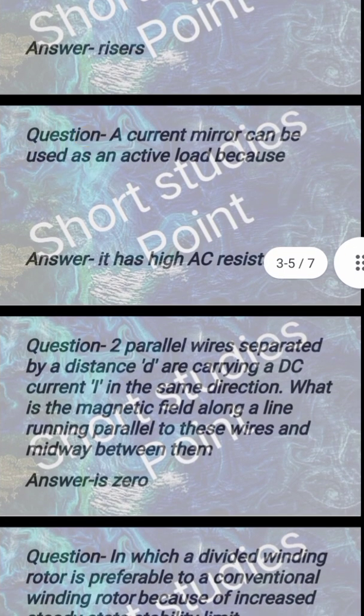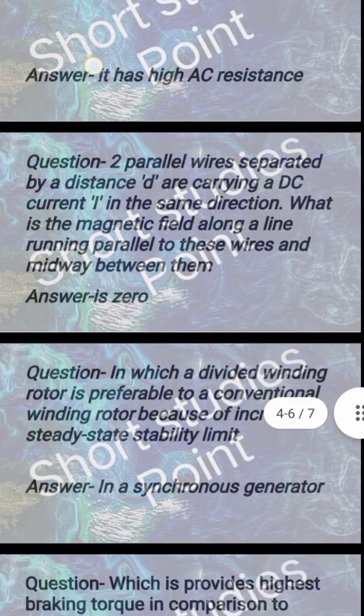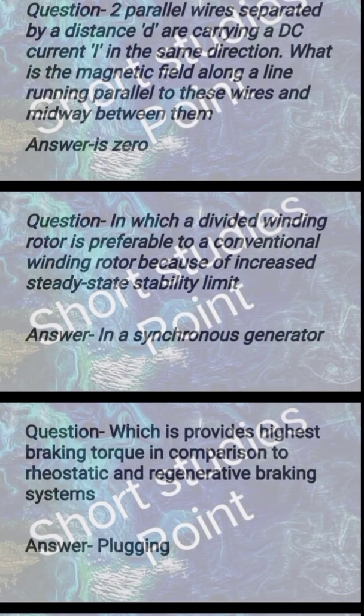Next question: two parallel wires separated by a distance d carry a DC current I in the same direction. What is the magnetic field along a line running parallel to these wires and midway between them? Answer: it is 0. Next question: in which is a divided winding rotor preferable to a conventional winding rotor because